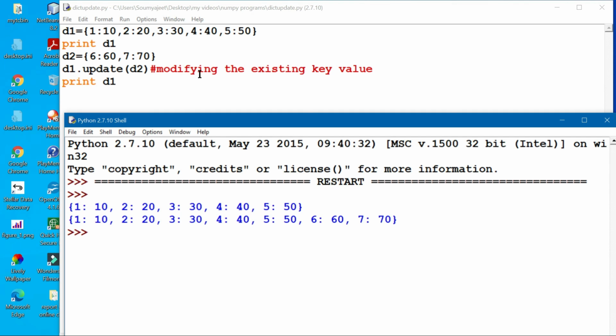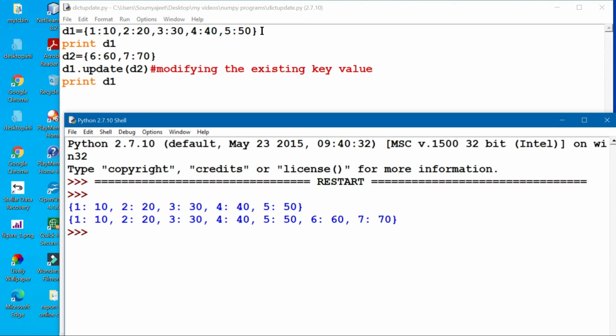So the colon sign and the comma are the separators used in the dictionary. Along with that, the whole dictionary will be enclosed within a pair of curly braces. That is also to be seen properly. Otherwise, if you are not following this syntax, your dictionary will not be proper. It will generate an error and cause problems in the program. So you have to follow these syntaxes.